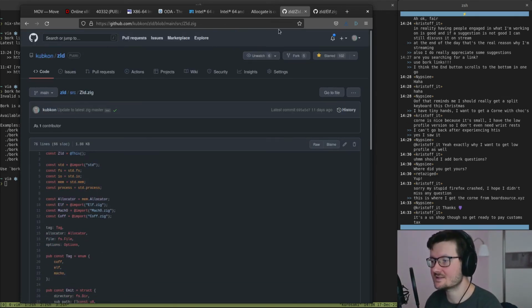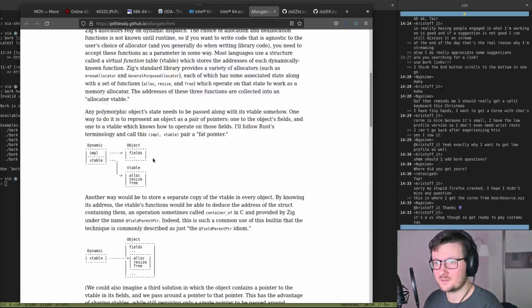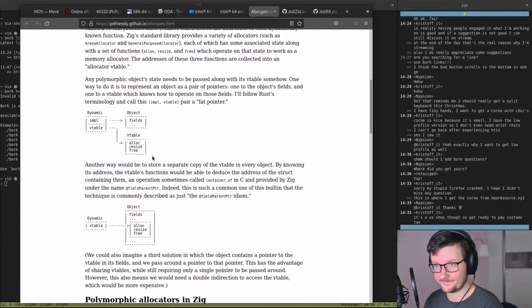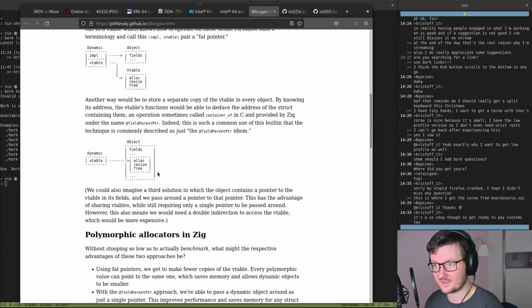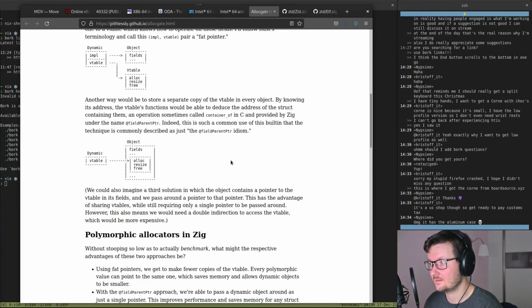And I think this one is including the vtable in each object, I believe. So that would be more, I think, like, yeah. So this is the field parent pointer idiom. Does that make sense? So for that case,